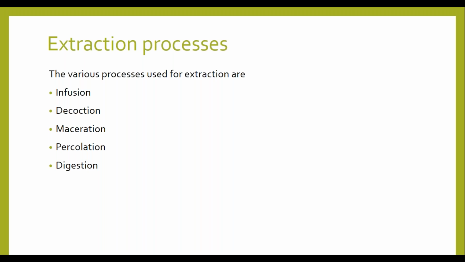Amongst all these five, we are going to concentrate more on maceration and percolation, because all the others are used to a lesser extent, and the extent of extraction is better when we go for maceration and percolation than any other process. That is why we would be concentrating more on maceration and percolation than the other processes. But you should know what the other processes are. So we would be learning about all these processes. Is it clear? I think we can start the different processes in the next class.